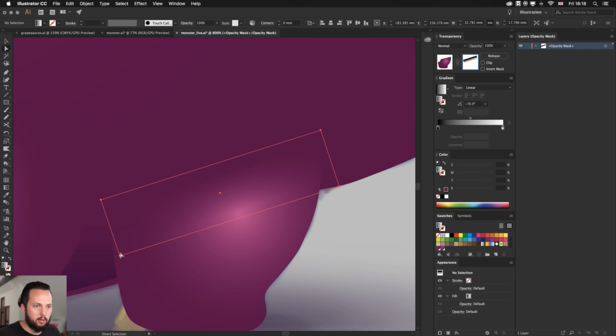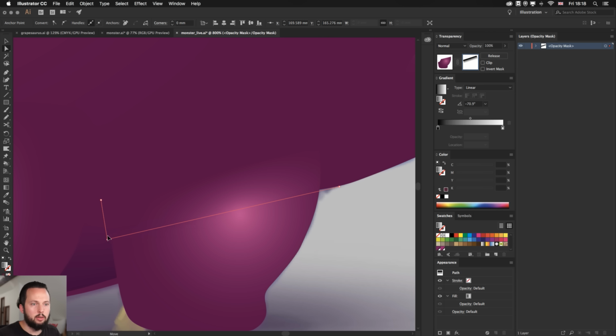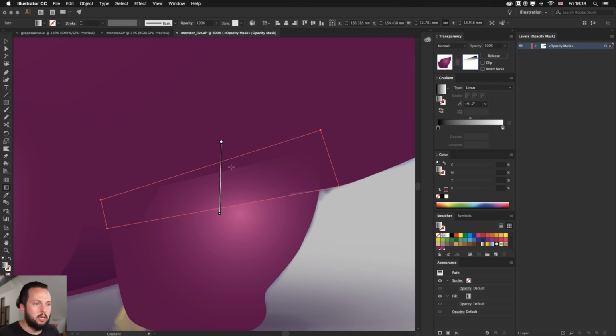And I can even, of course, it doesn't have to be a rectangle, I can even shape it in the direction I need it, so something like that. And of course the gradient itself can be adjusted in the direction I want. So I want to see this detail and hide it within that rectangle, within that shape that I created, something like that.